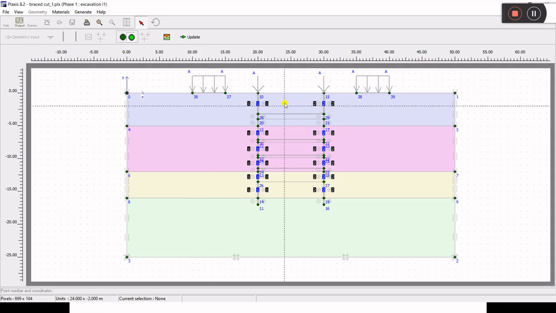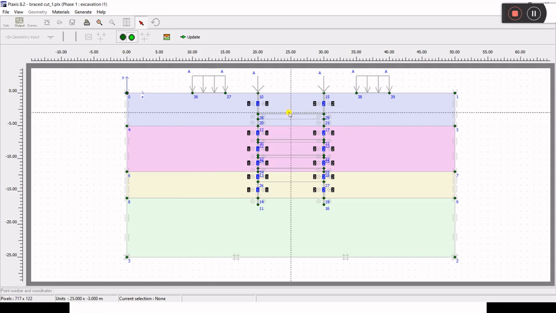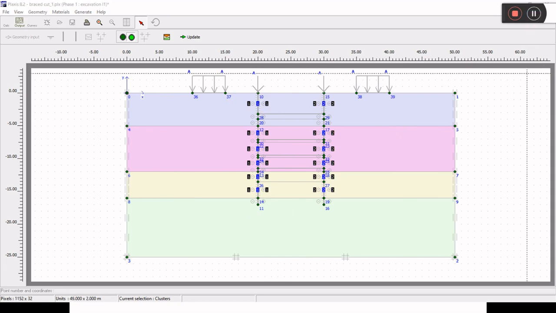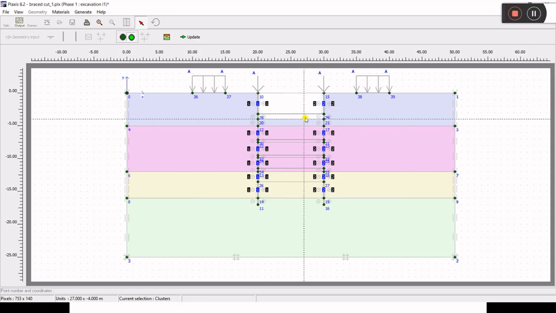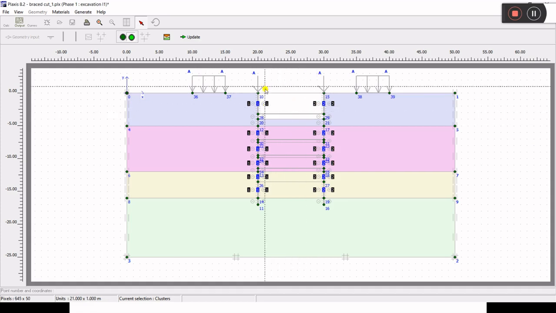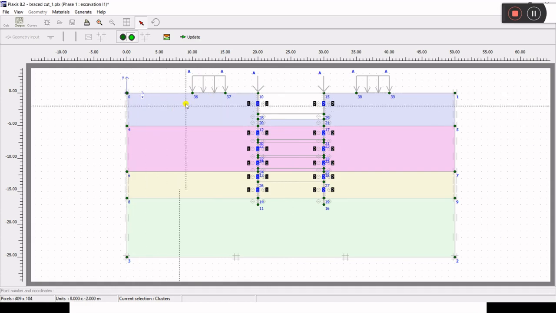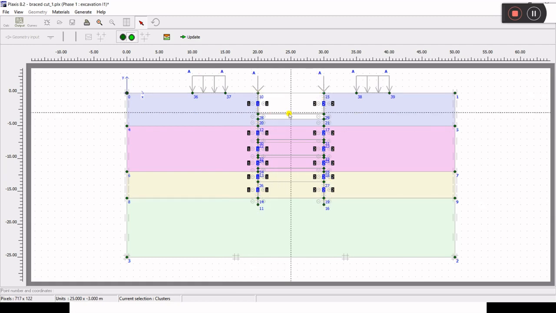So this is the excavation up to the first level. This is the first level, I think. So when you click on this one, these soils are automatically activated, and it will remove this part of the soil. That means this part is not there now, it has been excavated, you can say. So what else will you have to define? You'll have to define this loading, you'll have to activate these diaphragm walls, and you'll also have to activate this strut, because after the excavation you'll install this strut, not these struts.